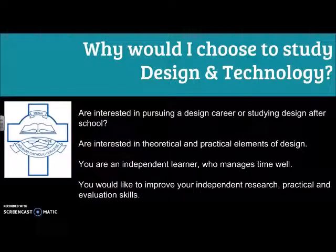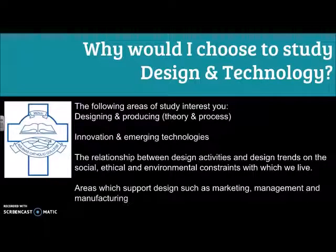If you are an independent learner who can manage your time well, design and technology would suit you. And design and technology is going to offer you a great opportunity to improve your research, your practical, and your evaluation skills. Maybe some of these subjects might interest you, which is covered in both the Year 11 and 12